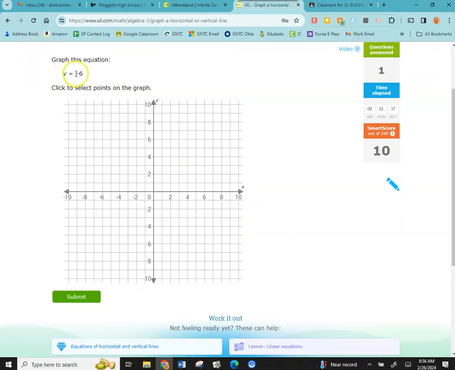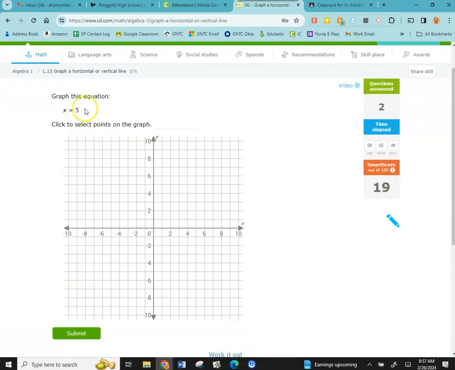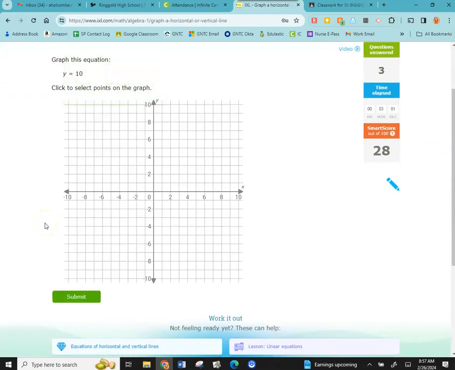All right, y equals -6 for me. I'm going to go to the y-axis. I'm going to find -6. It's horizontal because it's hoi. x equals 5. I'm going to go to the x-axis, find 5. It's vux, so it's vertical. By now you should start to get it. I would love to see you get